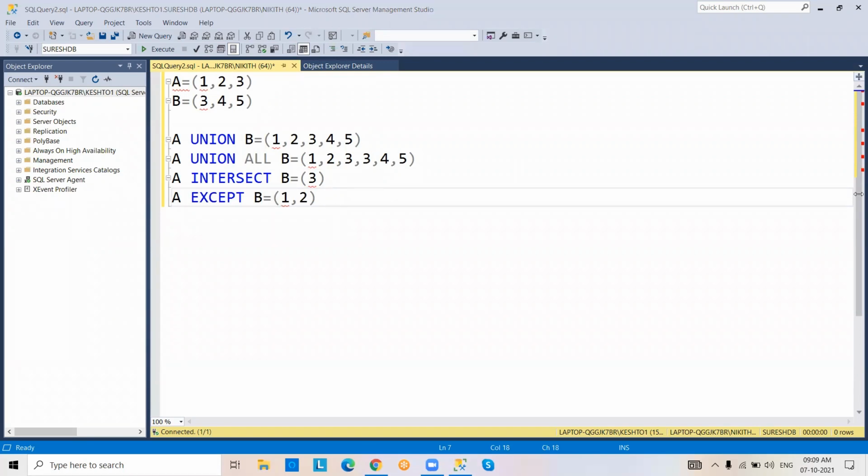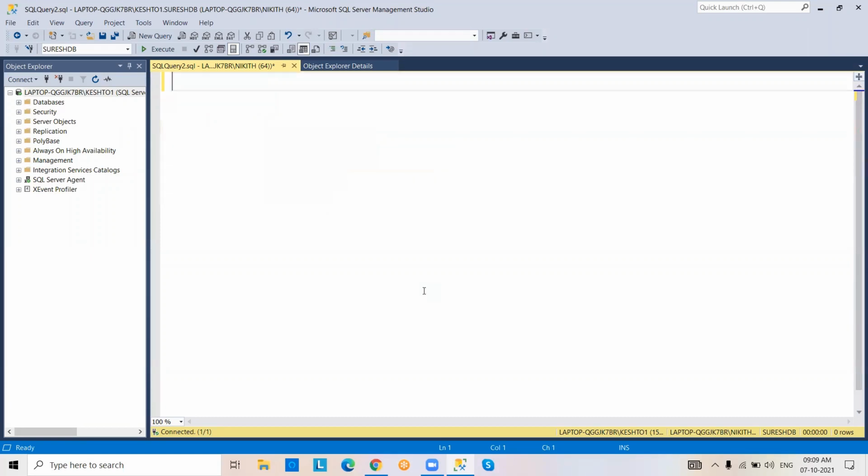Remaining data from set A returns. 1, 2 return. So this concept is in mathematics. In the same way, we have the same concept in the Power BI SQL Server environment.